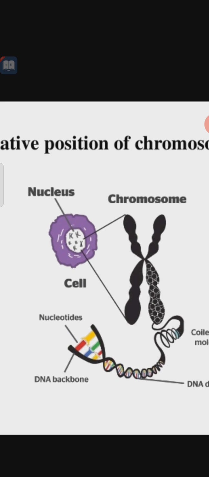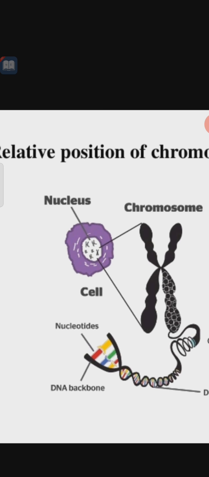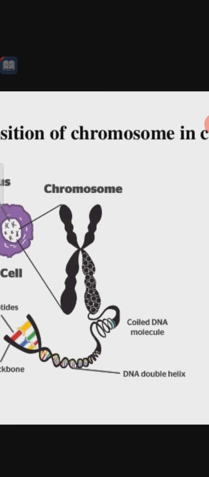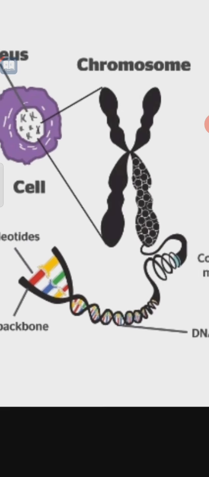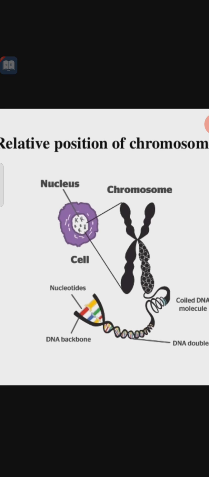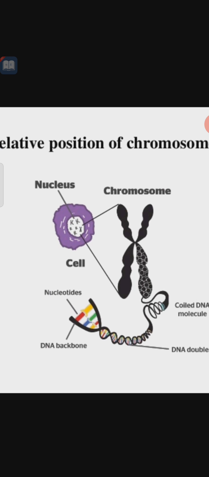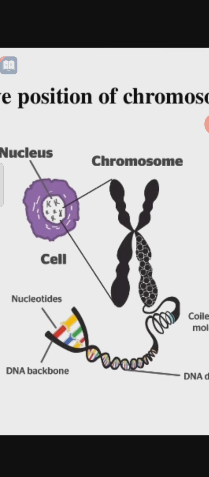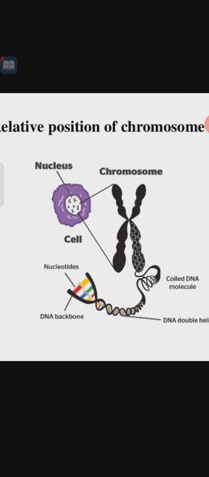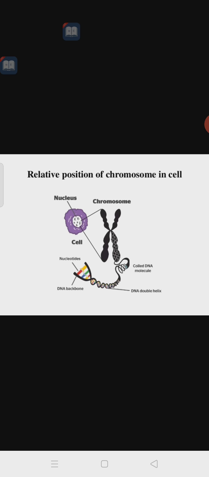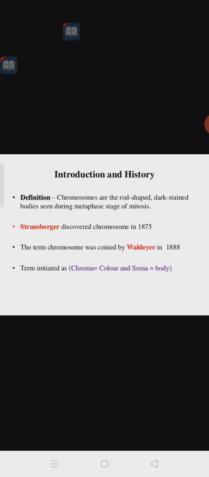So see the cell. In the center of the cell, nucleus is present. In the nucleus, chromosomes are located. This is the enlarged structure of the chromosome. In the chromosome, DNA molecule is present like this. The cell contains the nucleus, and even in the mitochondria chromosomes are present, DNA is present. Chromosomes are present within the nucleus, within the chromosome DNA is present, gene is present within the DNA. Understood? What do you know regarding the chromosome history?